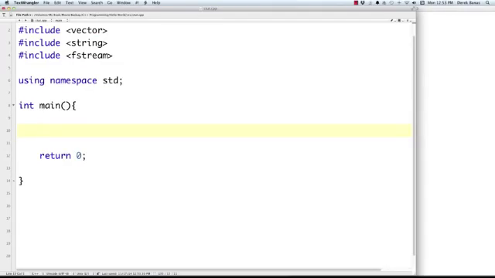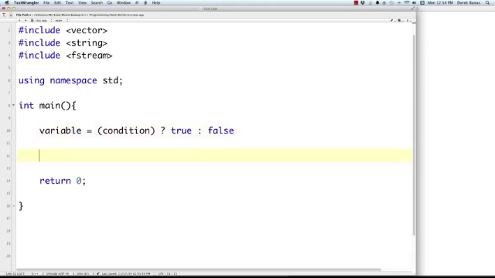which is going to perform an assignment based off of a condition, and its basic format's going to be variable is equal to, there's going to be a condition here followed by a question mark, and this is the value it's going to be assigned if it is true, and this is going to be the value that's assigned if it's false. And to show you a real example, let's say we have integer largest num, and in this situation